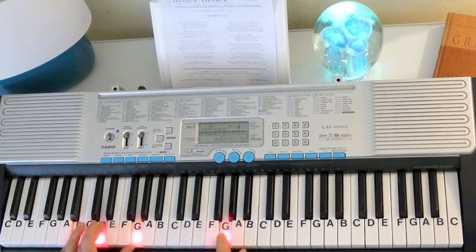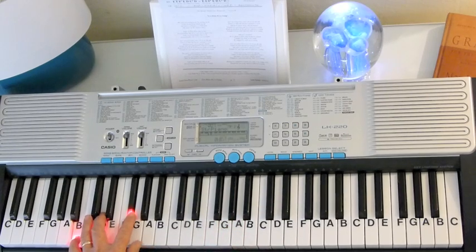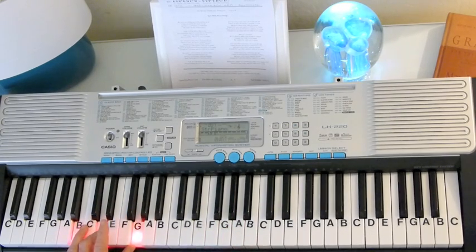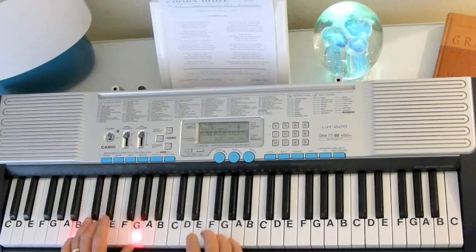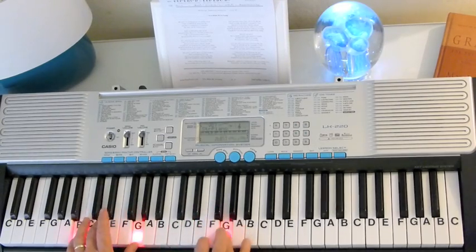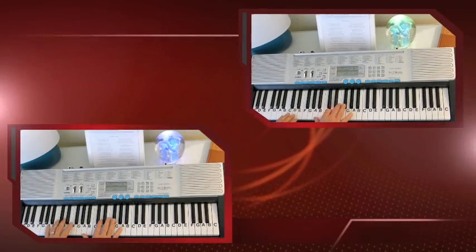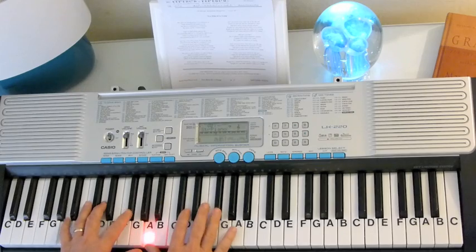When you move to the G in the right hand, this B minor chord is going to move to a G chord right there. Just change the F sharp to the G. G, F sharp, D, all the way down to the A. And then you're going to a D chord. A, F sharp,